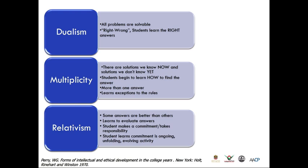This is when students start to recognize that yes, there is more than one answer to a question, but often some answers are better than other answers. So learners start to evaluate answers. If you think about it in the context of a patient, if you're presented with a patient problem, there might be a lot of ways to solve that through various medications or different treatment plans, and you want your students to start to evaluate which answer is correct. This is where the student starts to take responsibility or makes a commitment for the decision they're making. They learn that this commitment is an ongoing, unfolding, evolving activity. And this is very important as you think about patient